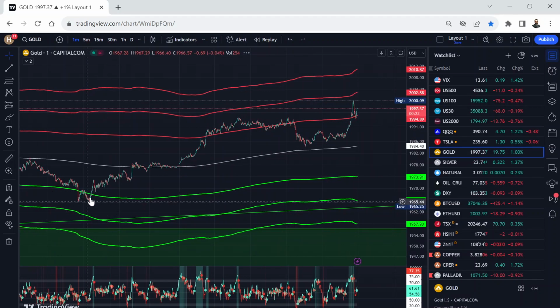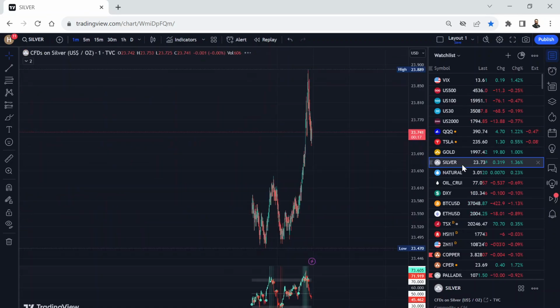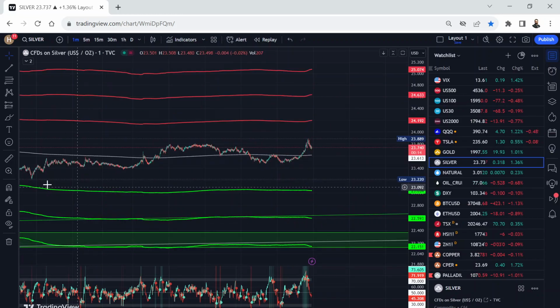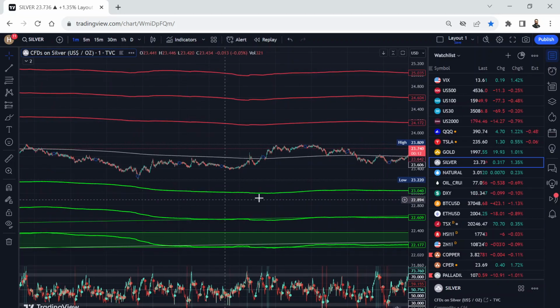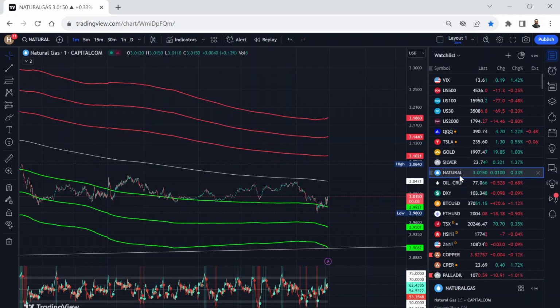It came to the buy zone. People who bought here must be very happy, and now it's in the sell zone. So this is not the time to buy gold. Silver, also similar, it was in the buy zone here, very close, and now it's going towards the sell zone. And natural gas is also in the buy zone. You can see it came to the buy zone yesterday, bounced, came again in the buy zone this morning, and